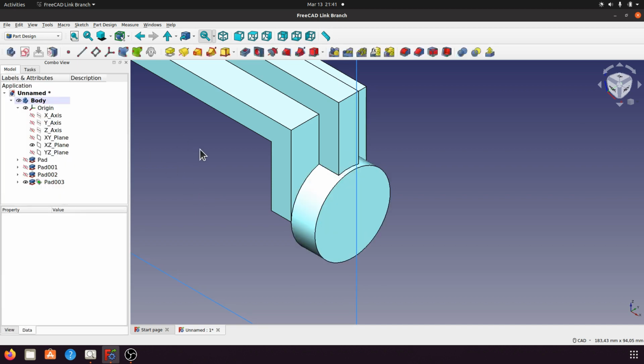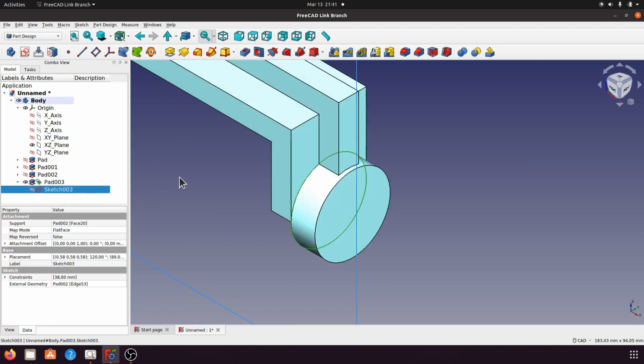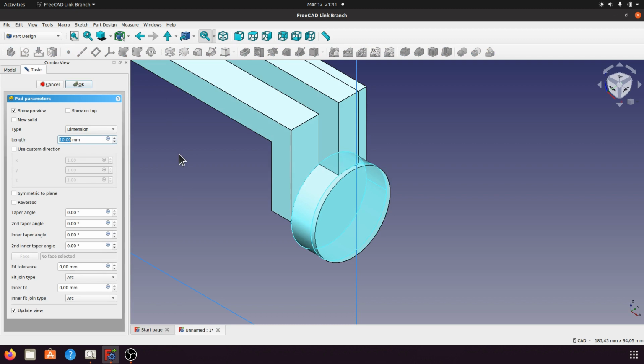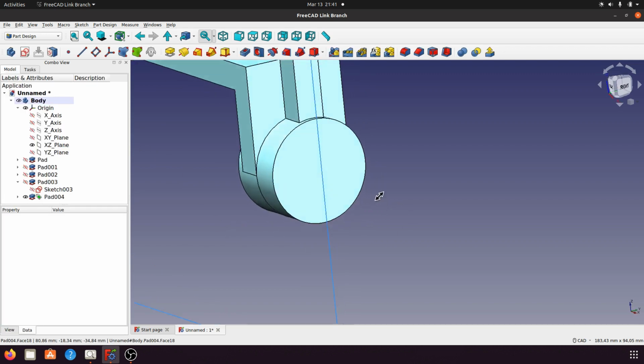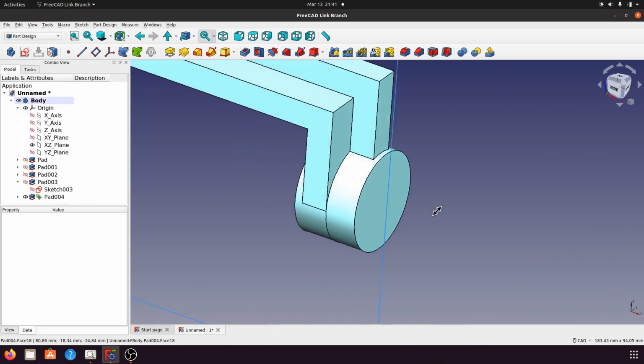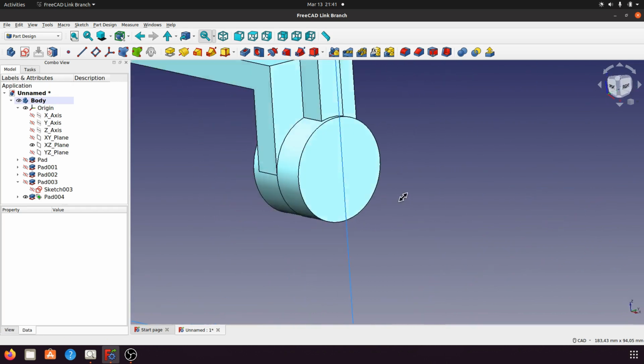Choose OK, and then go to the sketch, unhide, and click pad. Now go to reverse and click thickness for 30 millimeter. Click OK. Now the cylinder is already created,